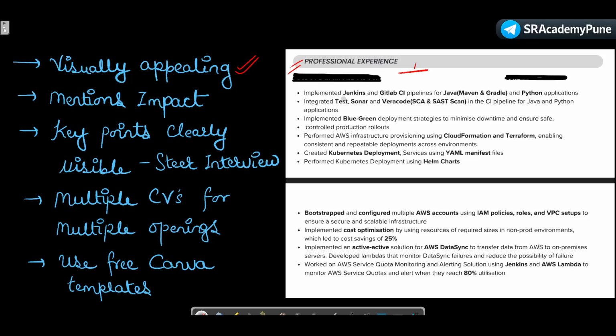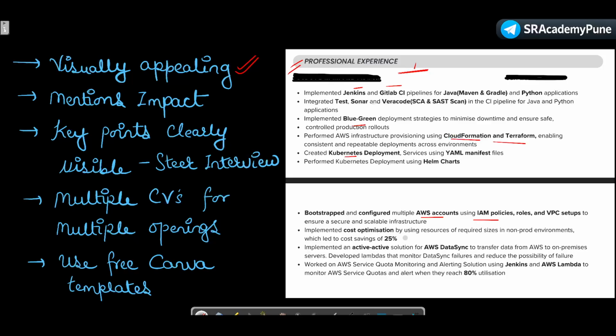Then I have mentioned the tech in bold. So here the user can see, okay, I know Jenkins, I know GitLab, I know Kubernetes, I know blue-green deployment, I know CloudFormation, I know Terraform, I know AWS accounts, I know IAM role, VPC, that means I am also well versed with AWS cloud. So here the user can easily find the tech stack that I have worked on.